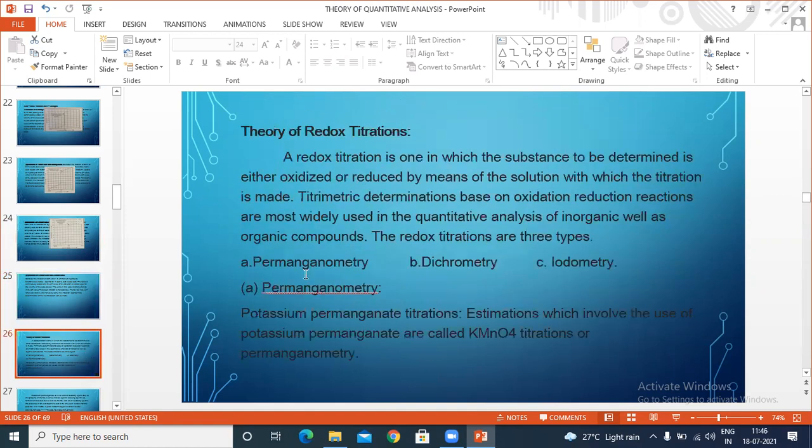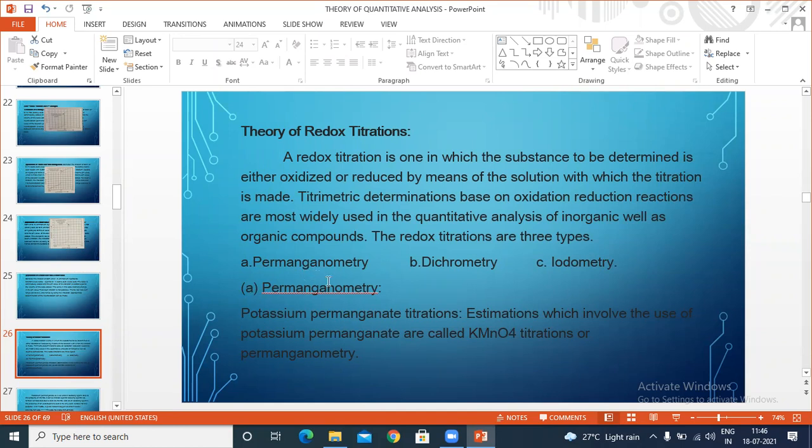So the different types of acid-base titrations are strong acid versus strong base, strong acid versus weak base, weak acid versus strong base, and weak acid versus weak base. Four types. We have discussed how the pH changes and what the sharp range is for each particular titration.